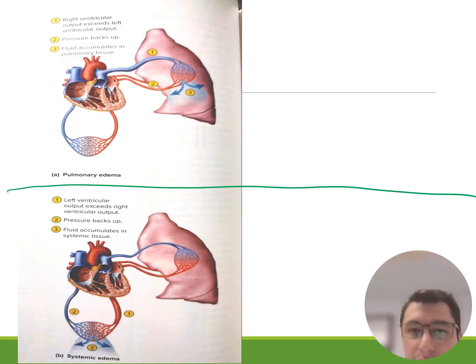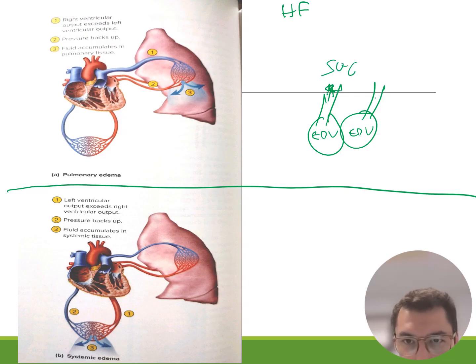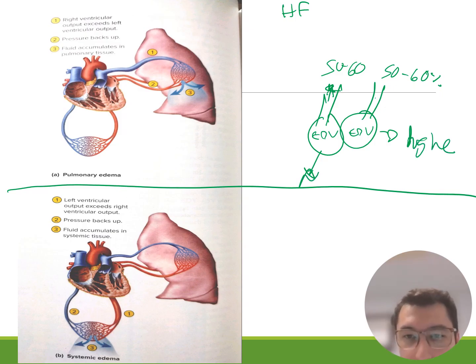There is something called heart failure, which means that your heart is not pumping well. Remember that the volume within both ventricles is the same at the end of diastole. The end diastolic volume should be about the same. Now, when we contract and eject, only a portion of that end diastolic volume, about 50 to 60%, is ejected in each one. Now the pressures within this one and this one here are much higher than they are in the pulmonic,